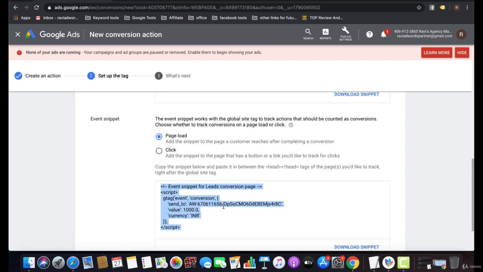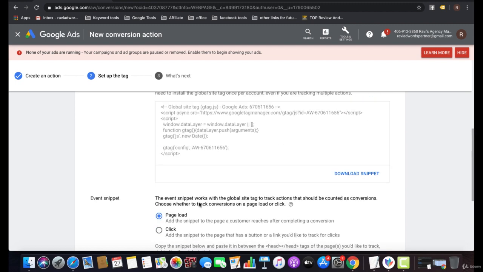Like if you are targeting a lead conversion or lead form, when someone fills up the form, the website redirects to the thank you page or contact page. On that page you can put that event snippet, which will count as the conversion.